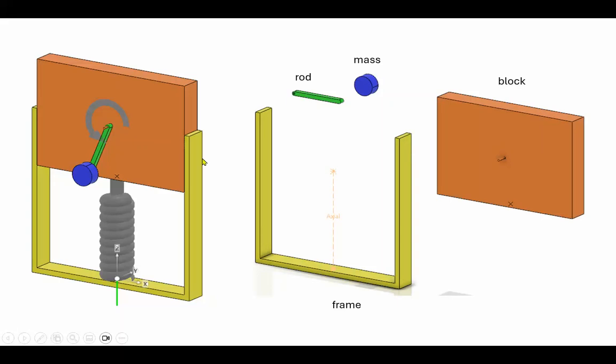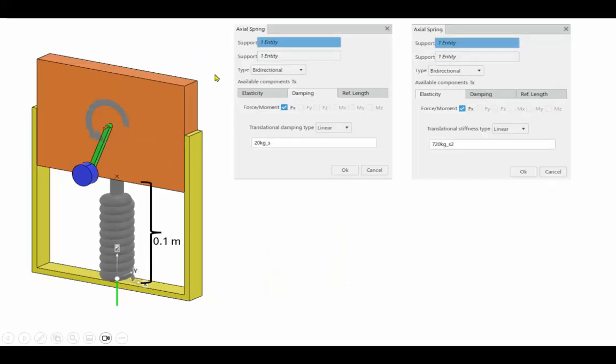So we have a frame, we have a block, I have a rod and a mass, and when these are all assembled on top of each other, you get something like that. And this green arm, or the rod, is going to be turning at the given speed. Now, notice that what I have done, in order to make sure that I'm dealing with the static equilibrium position,